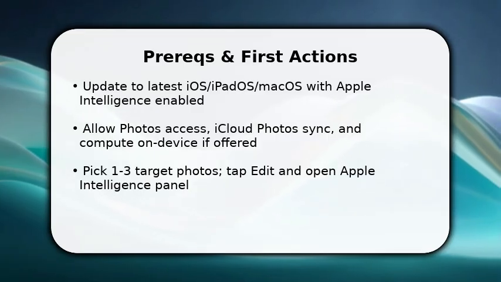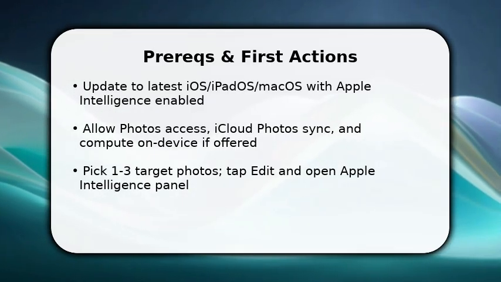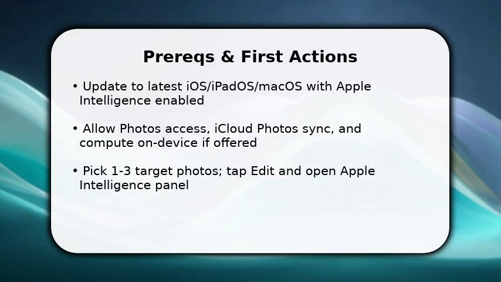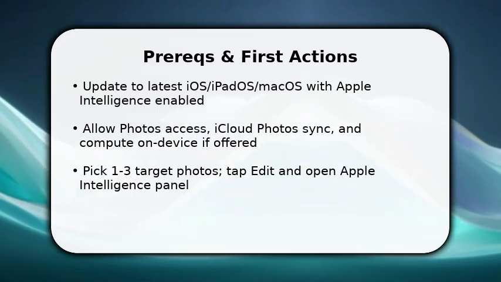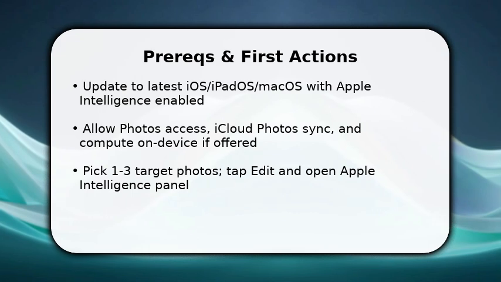Now pick 1 to 3 target images and open Edit. Tap the Apple Intelligence button to reveal suggestions. You do this because the model adapts to your library, and starting with a few controlled examples gives predictable outputs